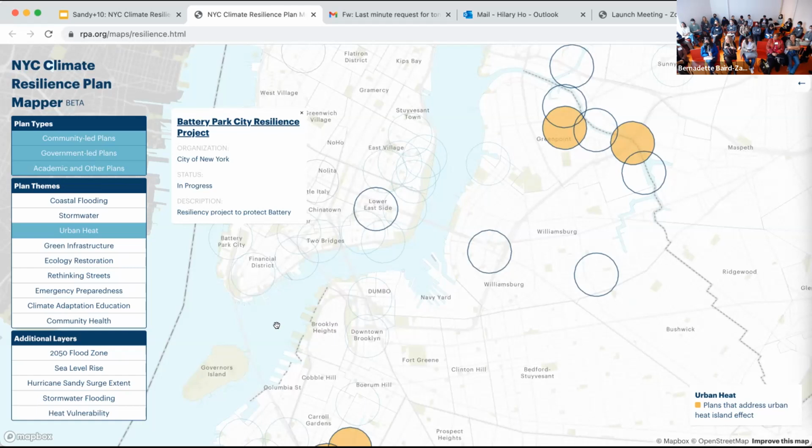Right now it's publicly available. The link is hosted on RPA's website, and a lot of the community-based organizations that we are collaborating with are aware of this map and have shown really great support for it as a tool they can use for their own research and advocacy. So hopefully that's a good sign that tools like this are going to be really helpful for community-based organizations.